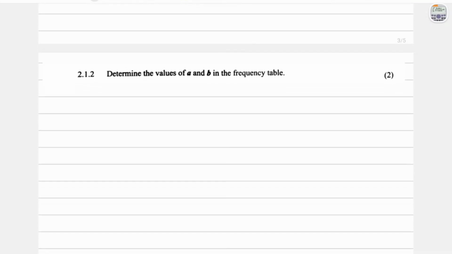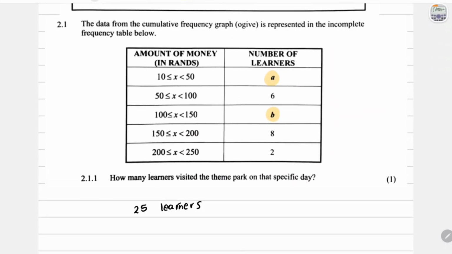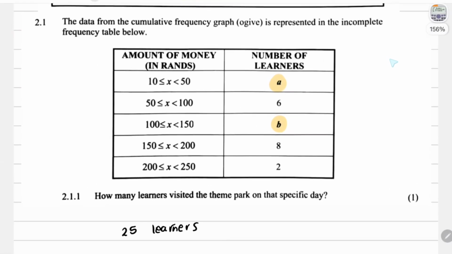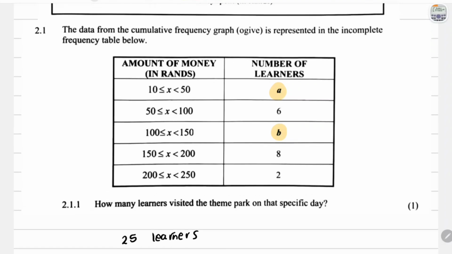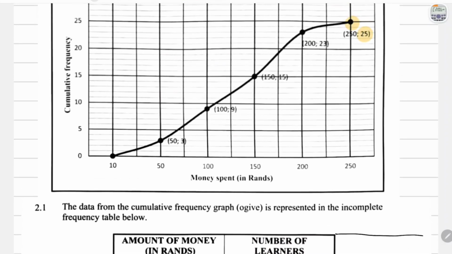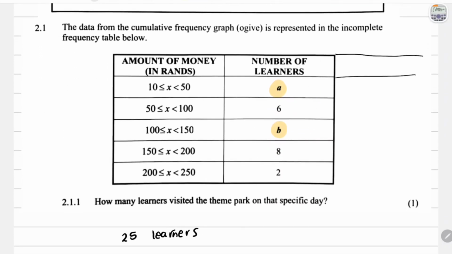2.1.2 says, determine the values of A and B in the frequency table. Okay, so we can actually find these values, and how we can find them is by looking at, well, not really the cumulative frequency. You don't really need that. You can use it, it would be somewhat helpful. But because this is complete, we can actually use that to find this. So A